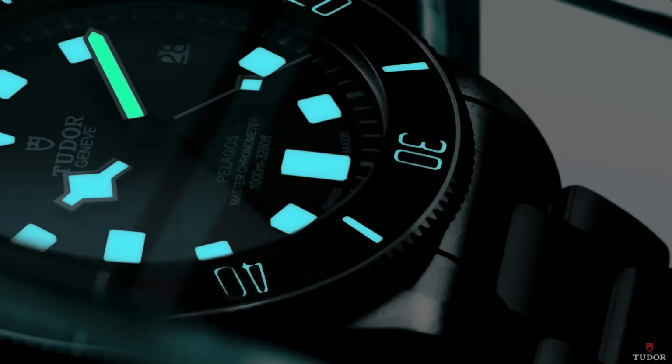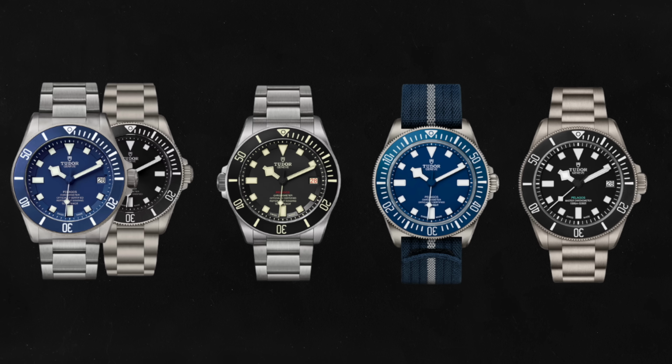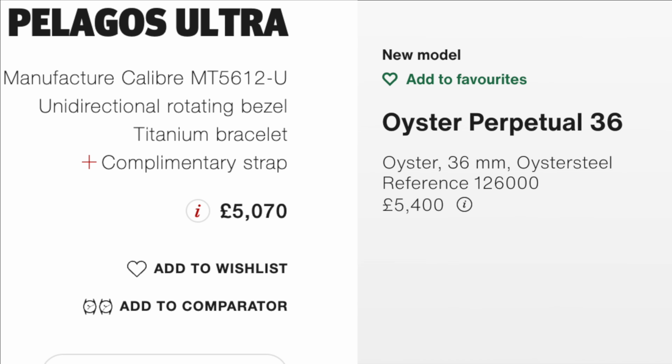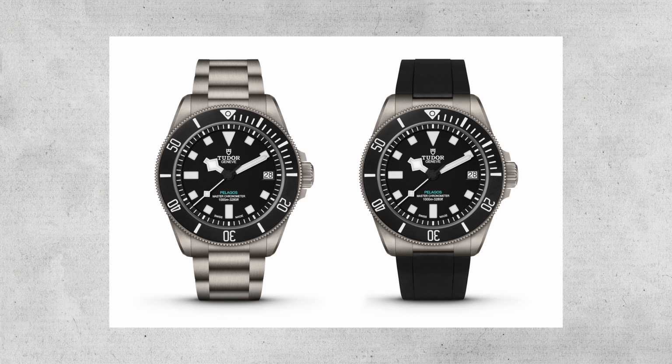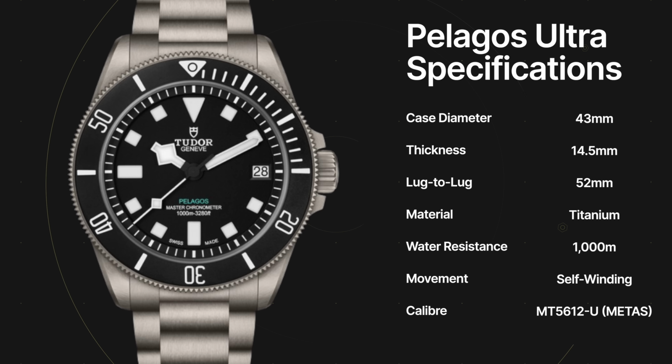Next, the new Tudor Pelagos Ultra over the Sea-Dweller, and this might be one of the strongest comparisons on this list. The Pelagos is an underrated model family for Tudor. These watches have incredible specifications, professional dive-grade materials and capabilities, and come in at a cheaper price point than the Rolex Oyster Perpetual. Tudor released the Pelagos Ultra at Watches and Wonders 2025, and this is the ultimate Pelagos. It's unreasonably good. So, a 43mm titanium case, 1,000 meters of water resistance, matte ceramic bezel insert, T-fit clasp system,